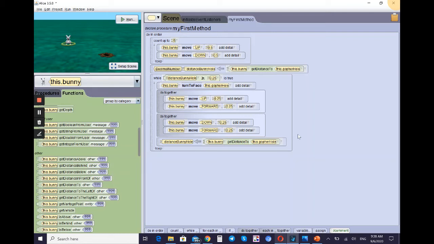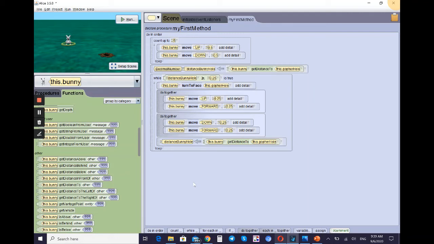So in this case, for each in is actually quite similar to the count statement, except for each in, the value is stored in the memory of the computer. So what we want to do is to have the bunny jump up and down 5 times,